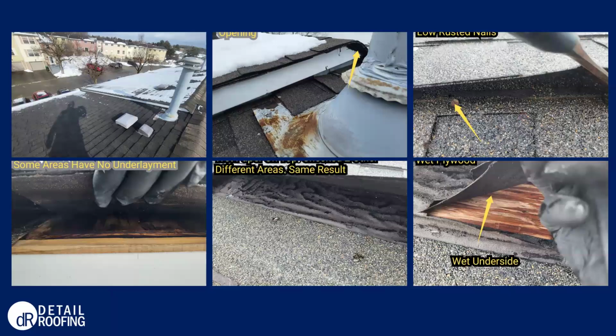Also, by doing some spot checks throughout the roof, it was found that there were some areas that didn't have any sort of underlayment, including at the roof edge. So again, when any ice or water is built up there, it was getting underneath the shingles and saturating that plywood. There were also some areas where a felt paper was installed. However, looking underneath that, water was still getting in and saturating the area below.